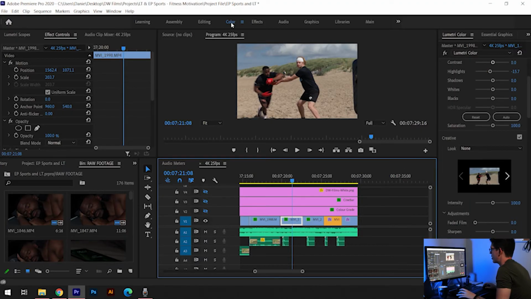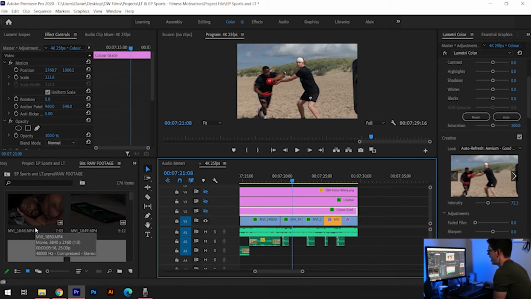So all you want to do is make sure you're in the colour panel, get your clips and head over to the colour tab. Now, what I would highly recommend here is not directly colour grading onto the clip, because what you'll see is that your computer may blow up. So what I like to do is put an adjustment layer in, and